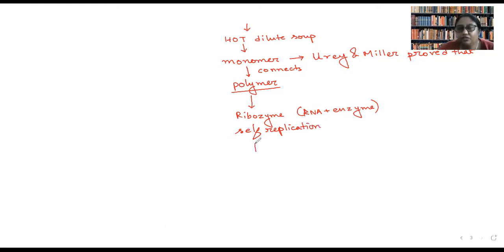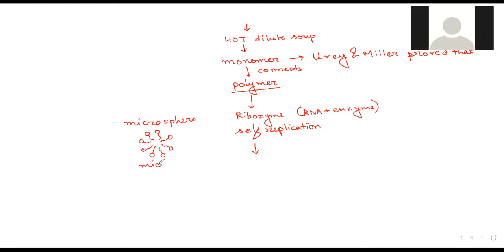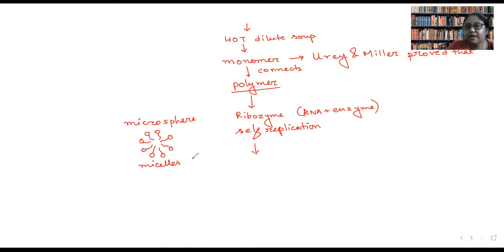Okay. Then they thought there must be creation of protein somewhere. Along with this, there was creation of microspheres. You know that if we put lipid molecules in water, such a structure is formed. Can you tell me what this structure is called? Class? This type of structure. Hydrophilic and hydrophobic parts. So these are called micelles. Okay. So what they proposed is both of these two things connected with each other to form the